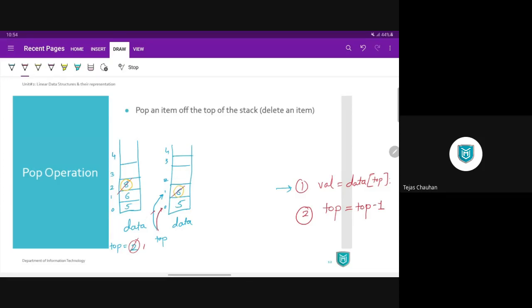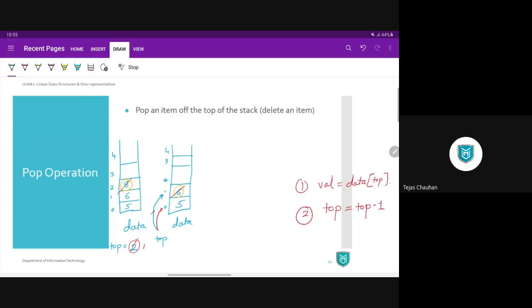So this value is deleted, and now top is pointing to index 0. These are the 2 steps we perform when we want to delete any item. This is exactly the reverse of the push operation. In push, we were incrementing top and then storing a value. Here it is reversed: you take the value and then you decrease your top, and whatever value you have, you can return that value. That will be the deleted value.